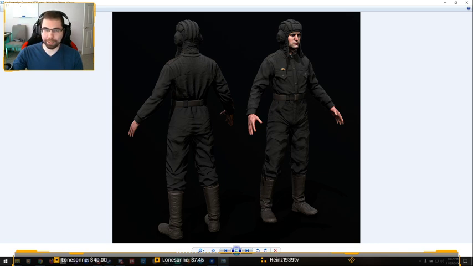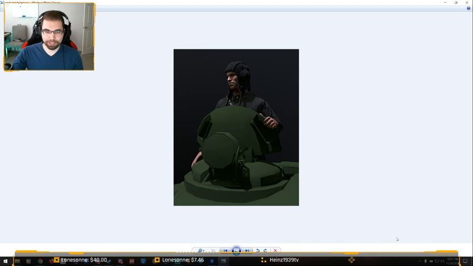So these are going to be in the vehicles that they belong to. And they'll have animations. We're planning on doing things like they can climb in and out of hatches and stuff. They'll be appropriately posed. Where's the other one? Those facial...